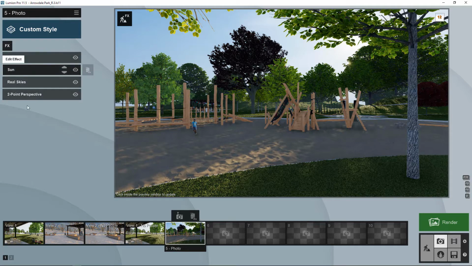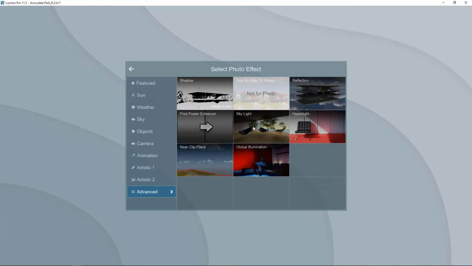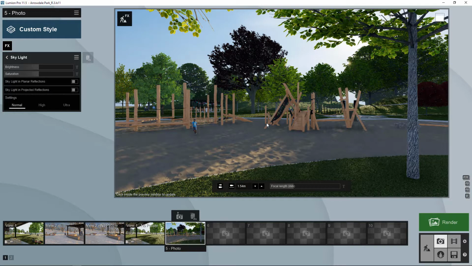So we have our 2-point perspective, our real sky, our sun and shadows, and that's pretty much enough to start. But if you want to do a few more effects, I'm going to show you some fun things. So Skylight, this is an element that is going to really increase your render times. So again, this is something that you should use sparingly, but it does increase the realism of the lighting in the environment. So I like to turn mine up just a little bit, and then I turn my saturation down